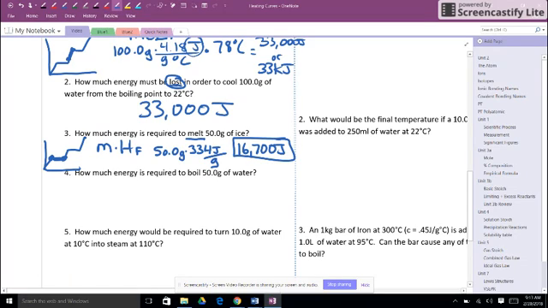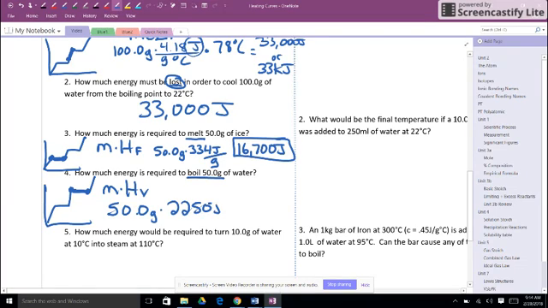Okay, next question. How much energy is required to boil 50 grams of water? Again, no temperature mentioned here, so I know we are only dealing with this portion of my heating curve, the boiling portion. So we're going to do the mass times the heat of vaporization here. We have 50 grams of water, and it requires 2,250 joules to boil 1 gram of water. So we're going to do 50 times 2250. For this one, we end up with